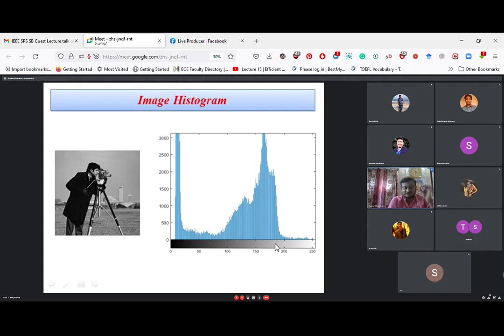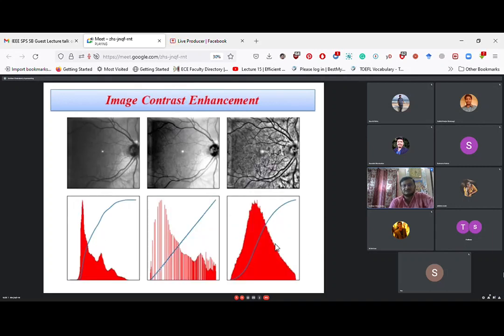So it is a representation of the several intensity levels. Means for a particular intensity level, whether it may be 64, 74, how many pixels are there. So what is the utility of this image histogram? You can find out by using a contrast enhancer. Here you can see it is a retina picture of an eye, where these are the veins of the retina, and the veins are not easily